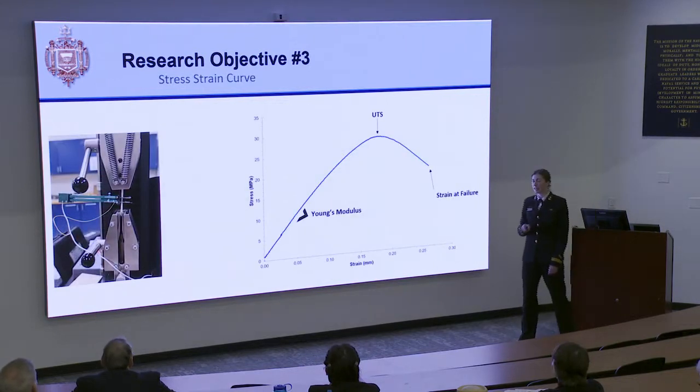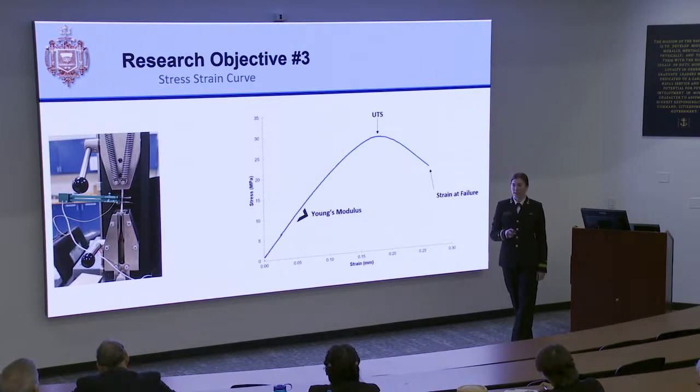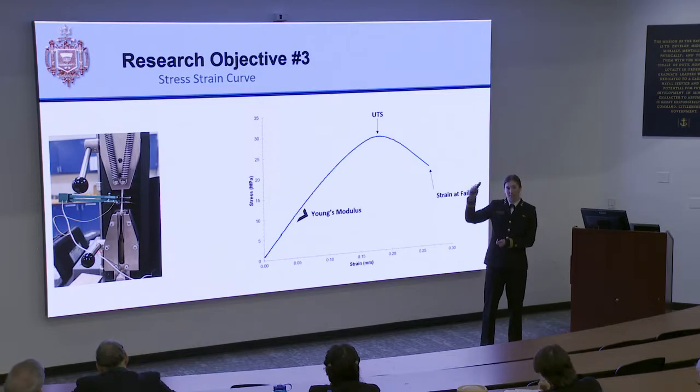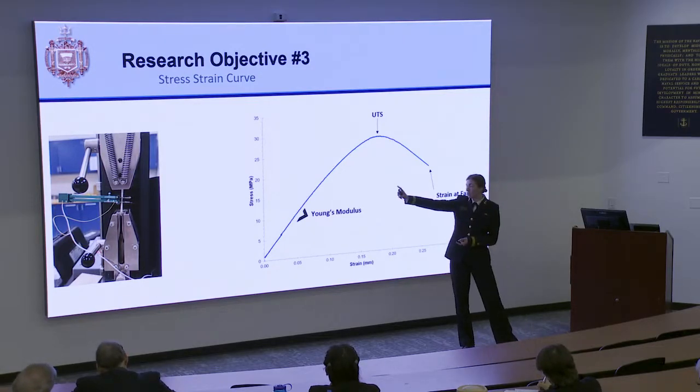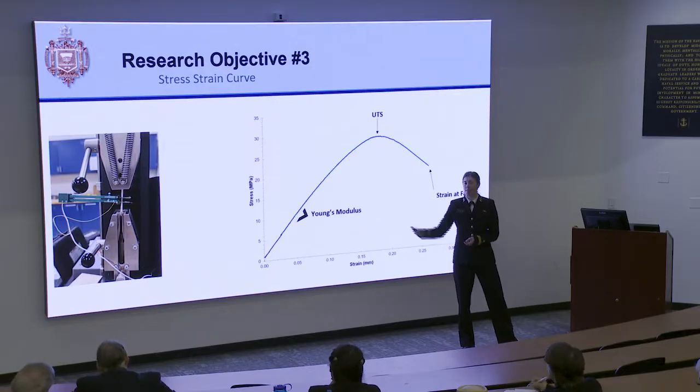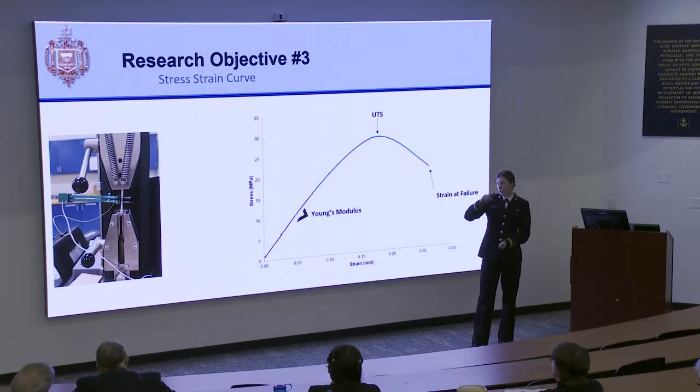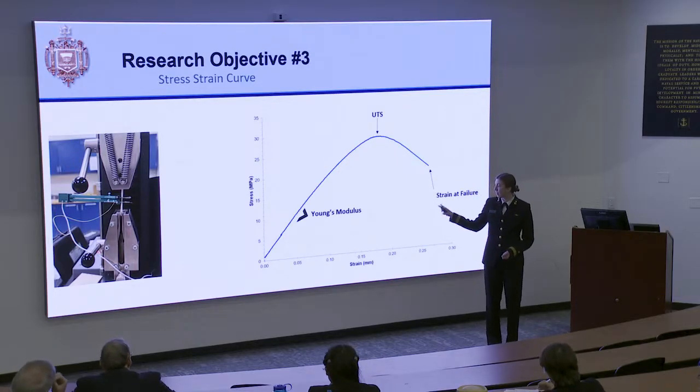Next, we perform tensile strength tests on the dog bone. We can see clamps attached to the top and bottom of the sample, and the green device is an extensometer, which measures the position and how much the polymer is stretching under stress. And so we can create a stress-strain curve.